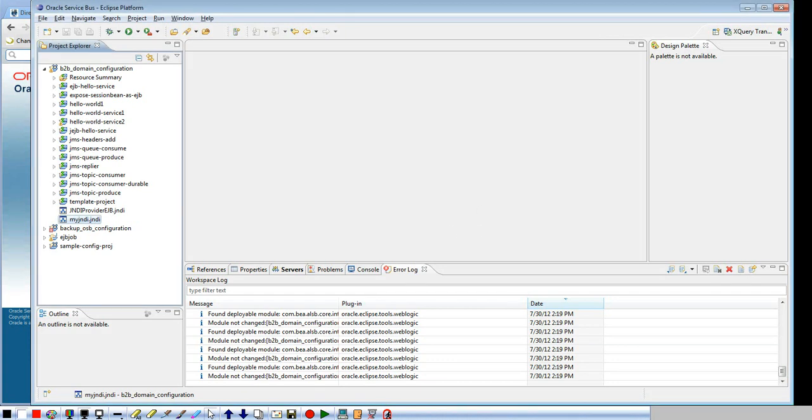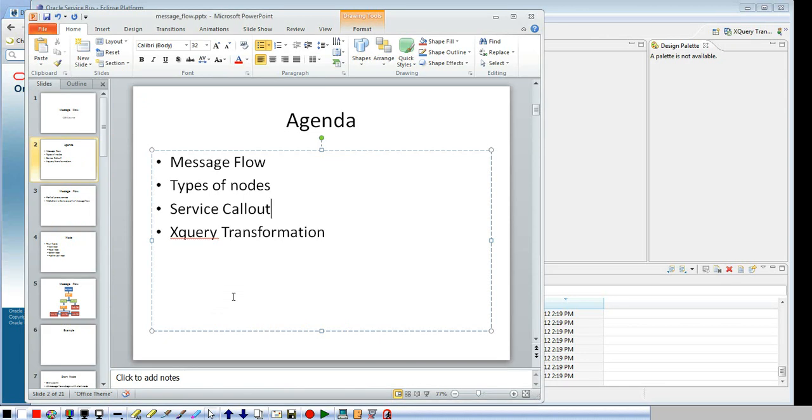Okay. So in this session, guys, I want to cover some basics related to message flow, types of nodes, and then this service callout action, and then XQuery transformation. Okay. We are touching a few things, many things here, but when it comes to XQuery transformation,